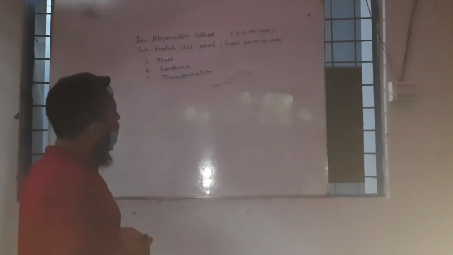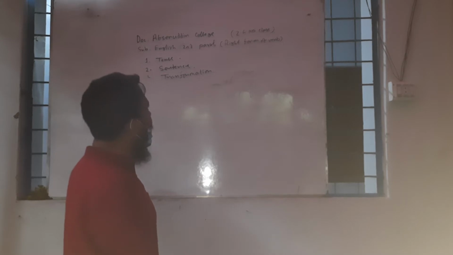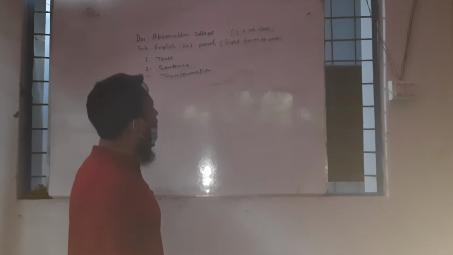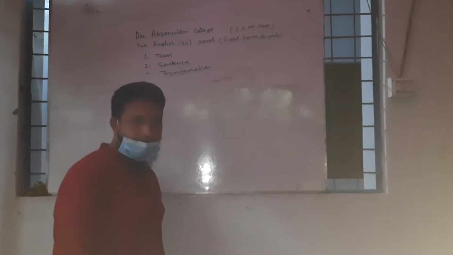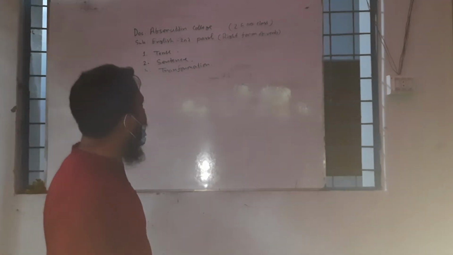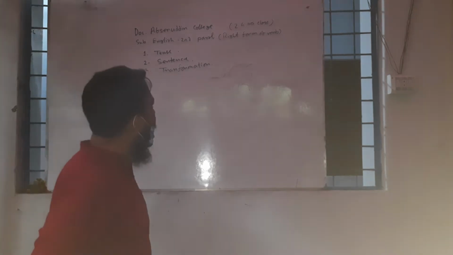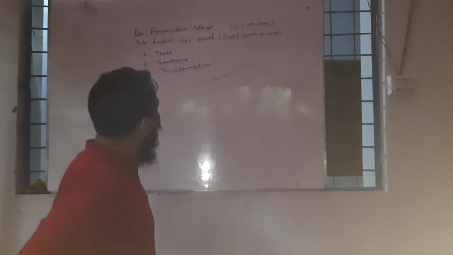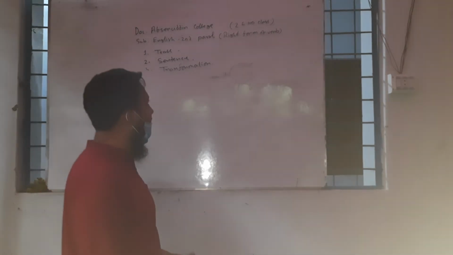At first we would like to know what is right form of verb. The right form of verb means the correct form of verb according to the sentence and tense. If we are not capable to find out the tense and sentence properly, we can't bring the right form of a verb.